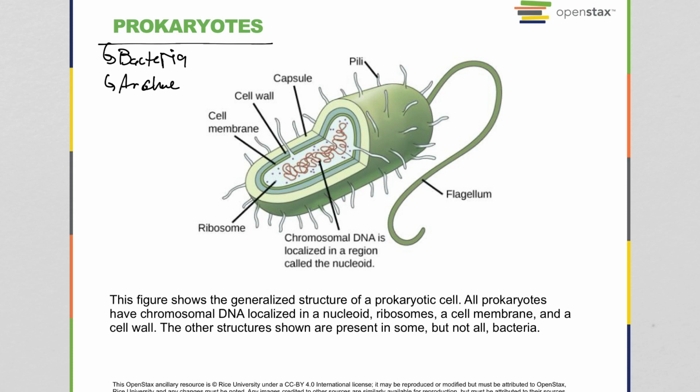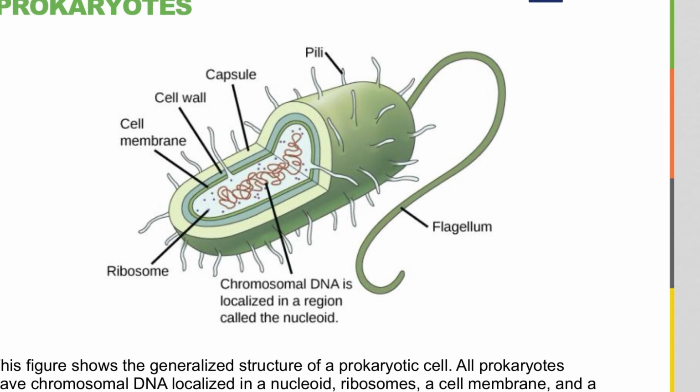And prokaryotes are differentiated from eukaryotic cells because they don't have organelles. No mitochondria, no Golgi, no ER. It really is just a cell with a cell membrane and a cell wall that form an outer barrier. The membrane is made of phospholipids, just like a eukaryotic cell is. And the cell wall is made out of something called peptidoglycan that makes like a rigid shell for the cell